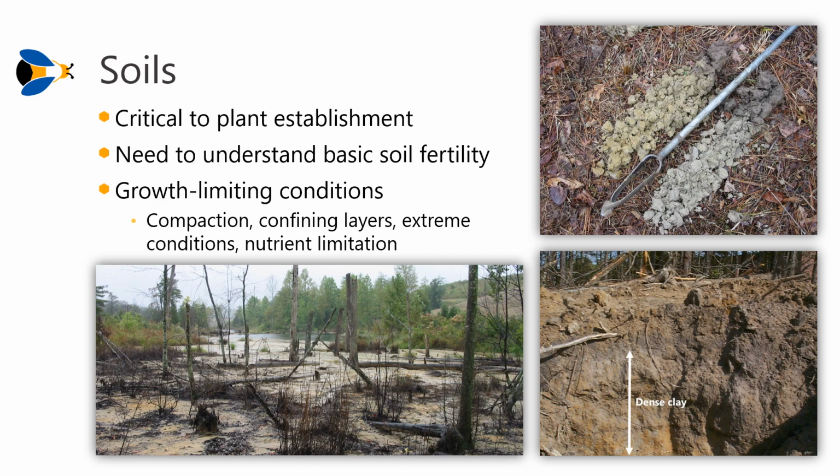Soils are of course critical to plant establishment, and for this reason, evaluation of soil conditions is essential in a site suitability analysis. This should include soil sampling and analysis to determine basic soil fertility, but also to determine factors that could represent growth limiting conditions for plants. For example, the bottom right image shows a soil profile with a confining layer of dense clay that's been compacted during construction,